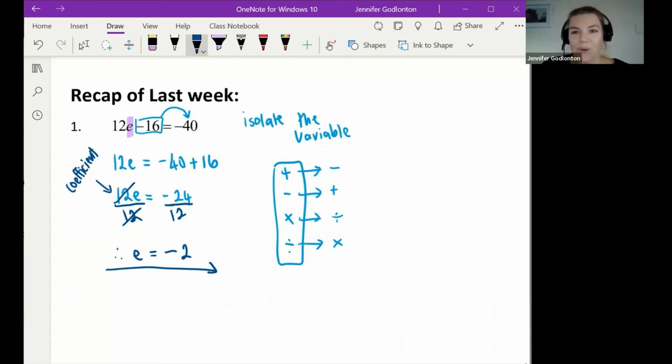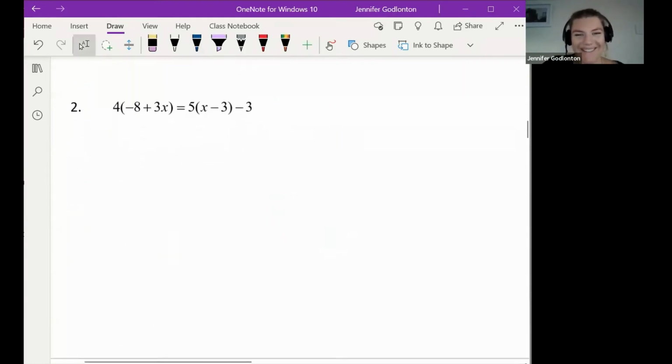Okay, so this is just quickly recapping what we did last week. We just brought in some simple linear equations on Thursday. Just to kind of talk you through a few things over here. Just remember what happens when we're trying to isolate our variable and we move things over the equal sign, sort of talk yourself through. But if you do things in a step-by-step process, you will always be okay. All right. Okay. So on that note,